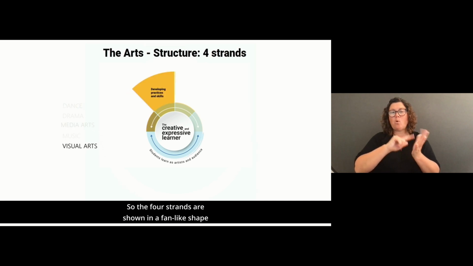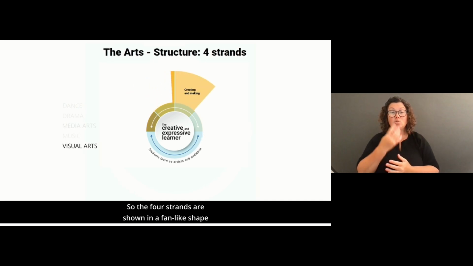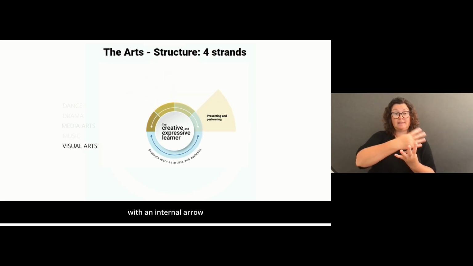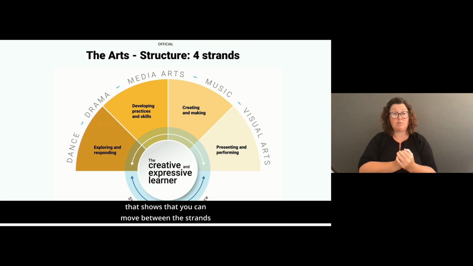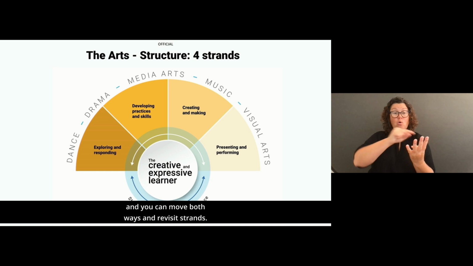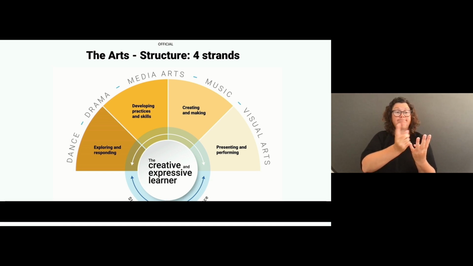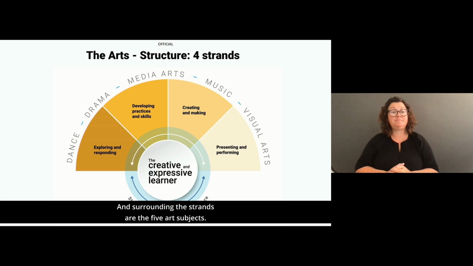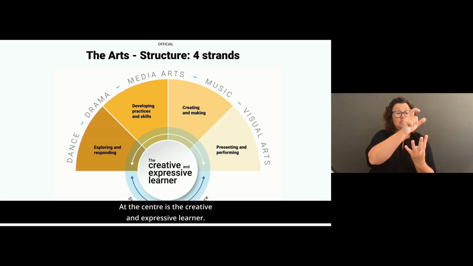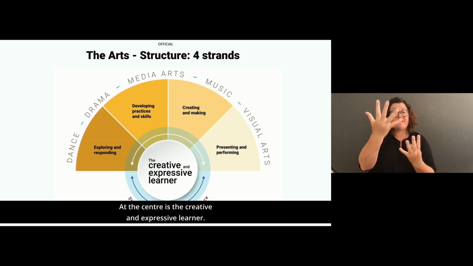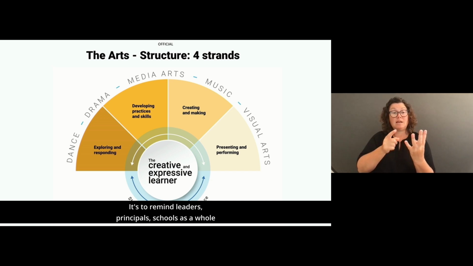So the 4 strands are shown in a fan-like shape with an internal arrow that shows that you can move between the strands and you can move both ways and revisit strands. And surrounding the strands are the 5 art subjects. At the centre is the creative and expressive learner. It's to remind leaders,